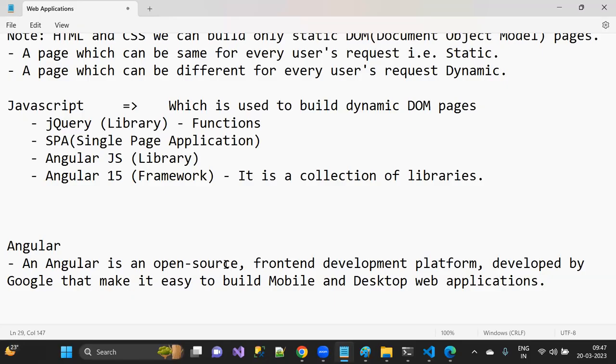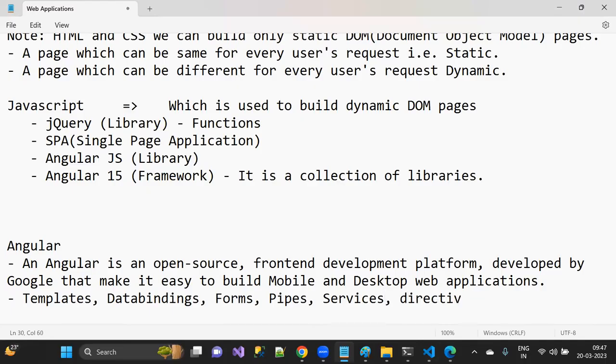Now, what features do we have? Angular comes with a lot of features. That means it has templates and data binding. At the same time, forms are available, pipes are available, services are available, directives are available, and dependency injection, DI, etc. All these are the Angular features.